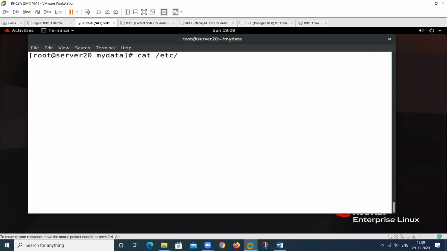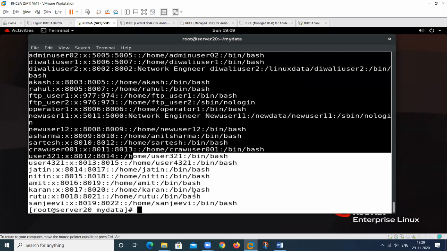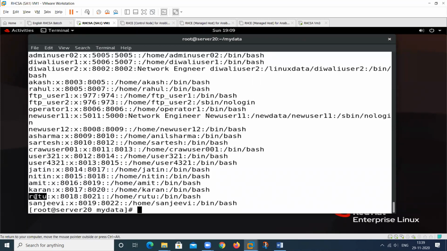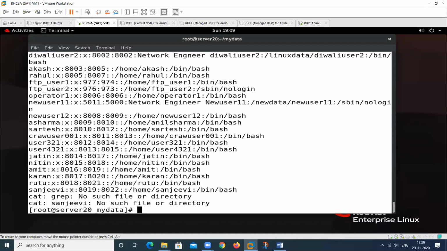This particular directory, and this is a file name where all user information is stored. I have created this particular user. So this will show me the output of all users, but I want the output of this particular user, then what you will do? If you use just grep and this one, so this will show me nothing.